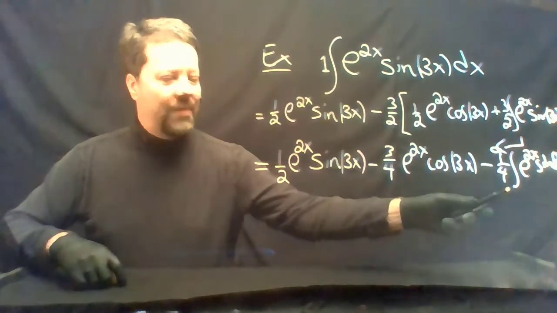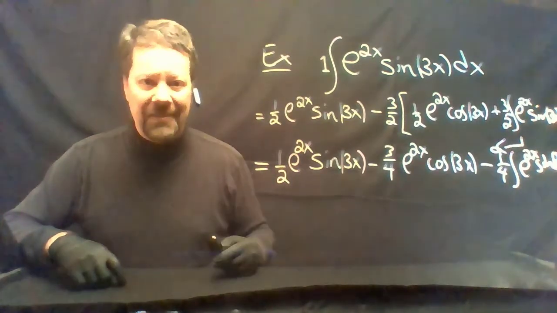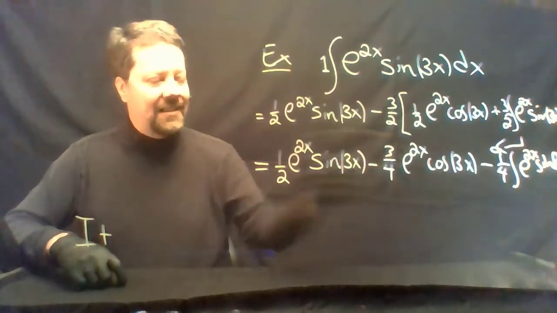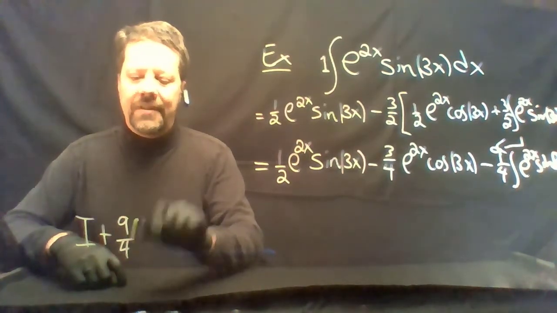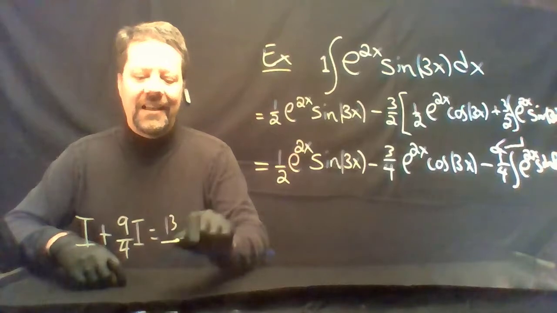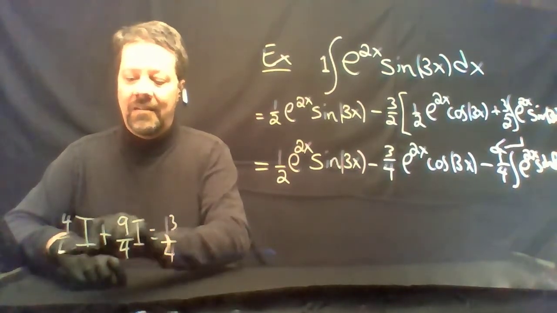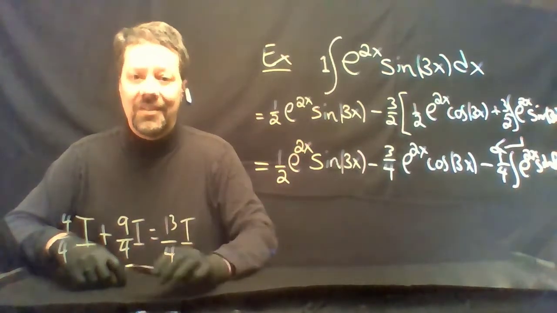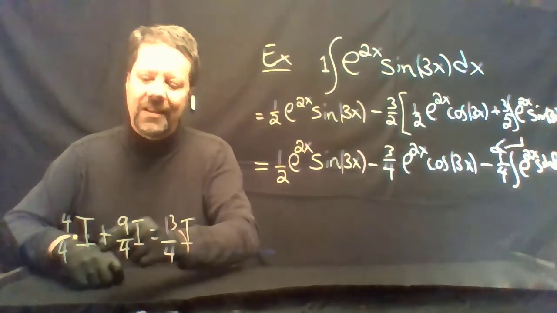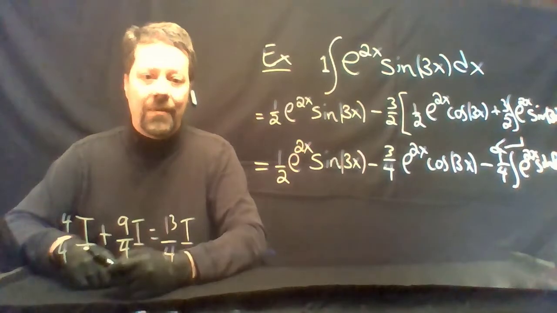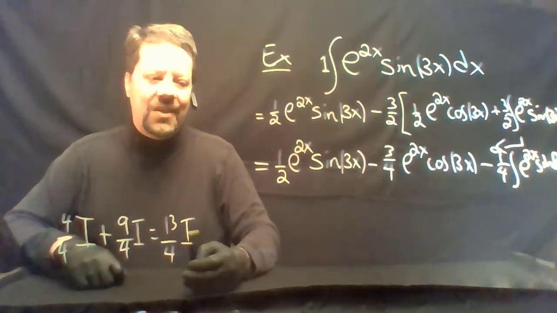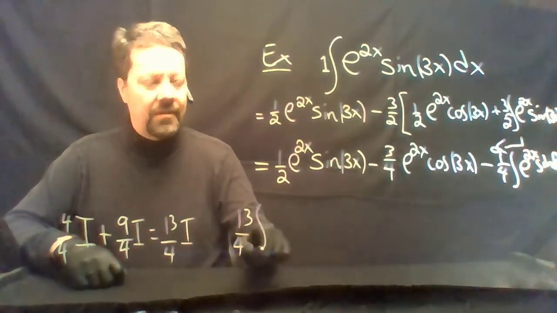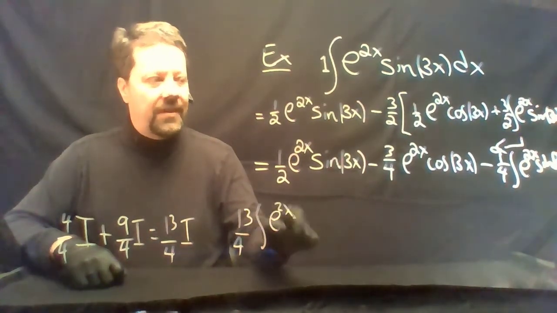Oops. And we move this last term to the left-hand side. If I have an integral and I add to that 9/4 of the same integral, I get 13/4. To add fractions, you have to have a common denominator. So I'll write the 1 times the integral as 4/4 of the integral. So if I have 13/4 of my integral